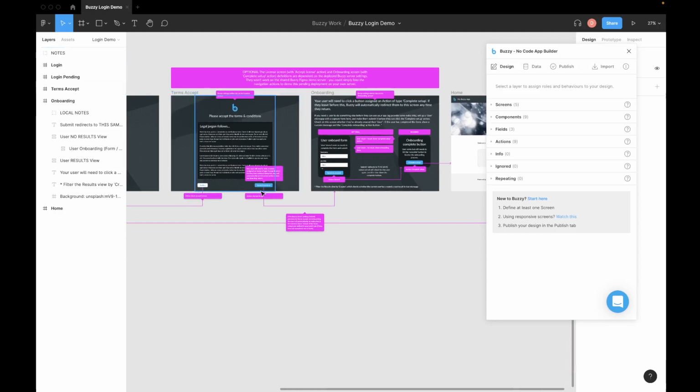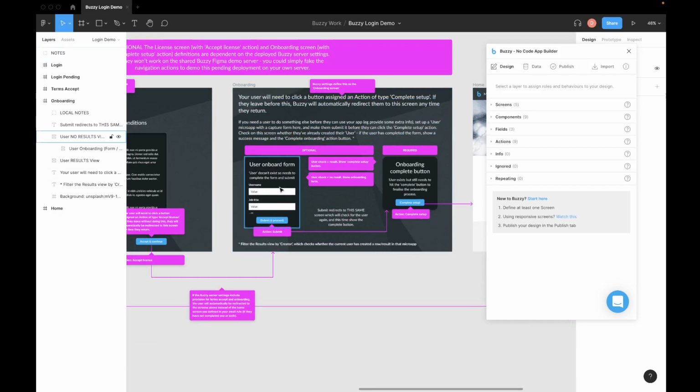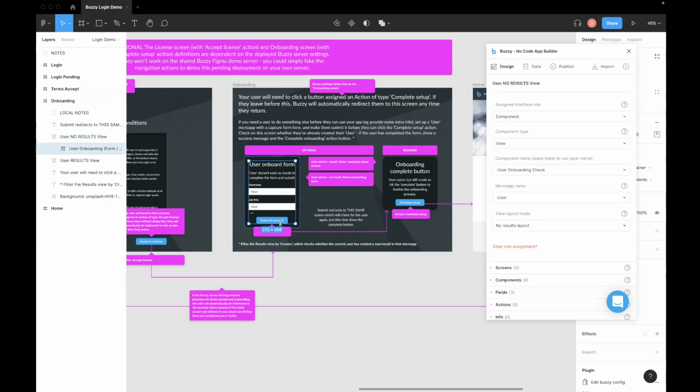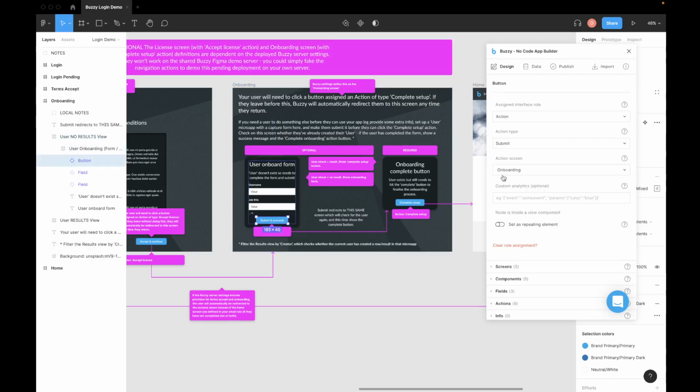So you've got a terms accept, go to an onboarding screen, have your optional form where a user can fill in additional info. Once they hit submit, you redirect. Well, that's the other important thing actually. You need to, on submitting that form, the action screen that you want to go to is the same screen again. You want to take them straight back to this screen basically and perform the check again, in which case it should return as there is a result and they see this thank you message with the